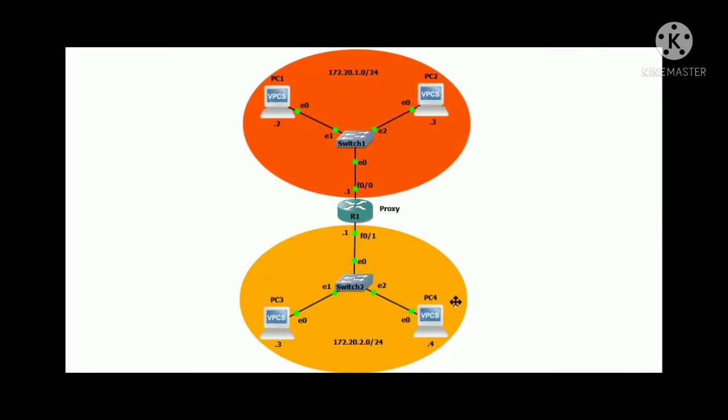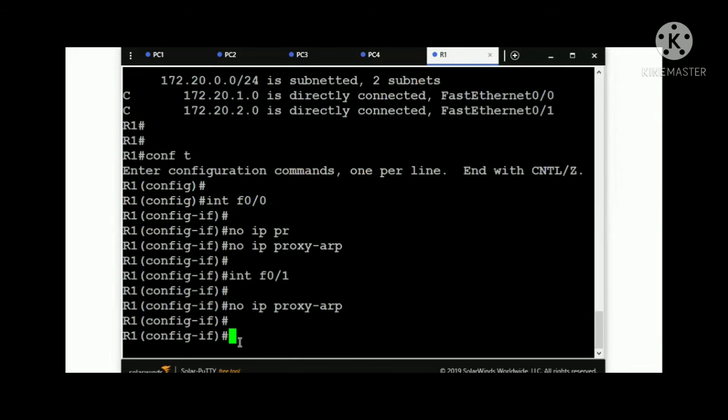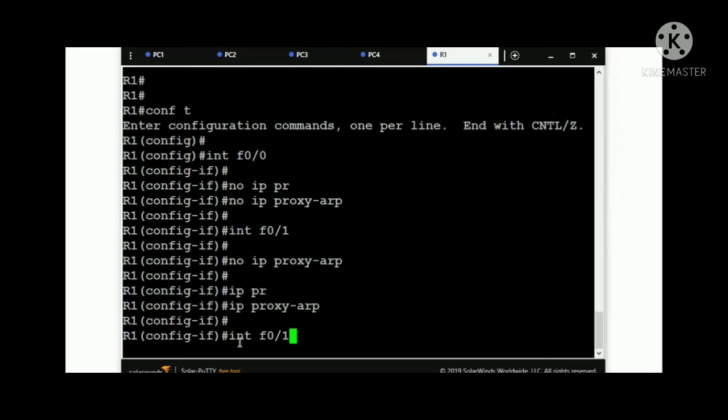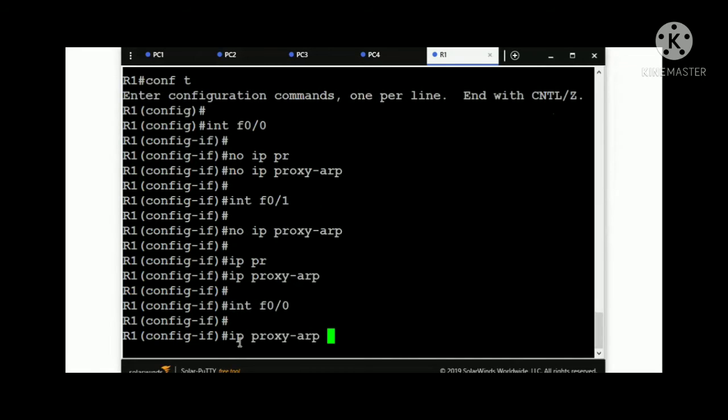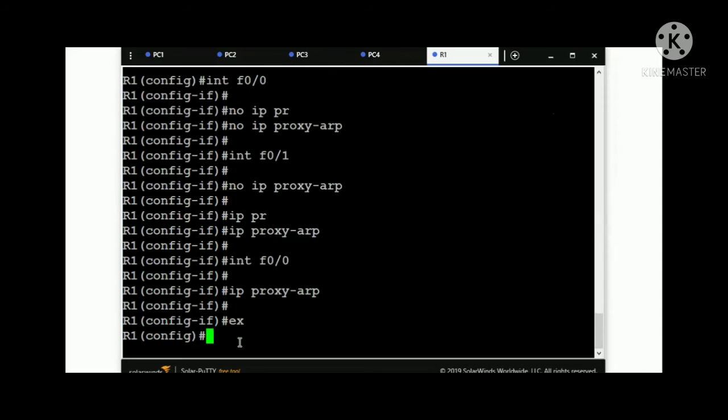Now I'm going to enable proxy ARP. Let's see what is going to happen after enabling proxy ARP. Enabling proxy ARP on Ethernet 0/1 and also 0/0. So proxy ARP has been enabled.